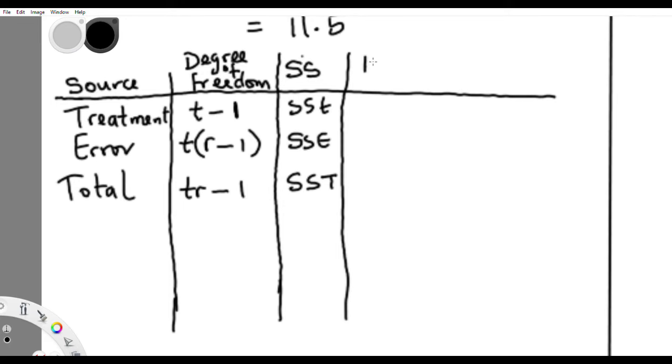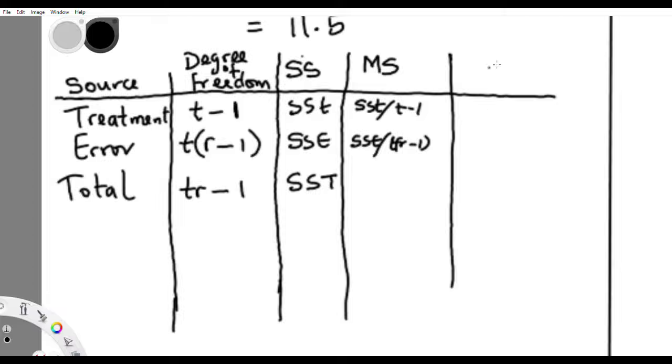The next one we need to know is the mean square. Now the mean square will then be the sum of square treatment divided by the degree of freedom for treatment, and the mean square error is sum of square error divided by the degree of freedom for error. Then after, we can now find the F ratio for the calculated value of analysis of variance. So that's F calculated,